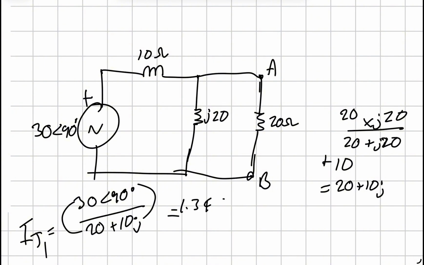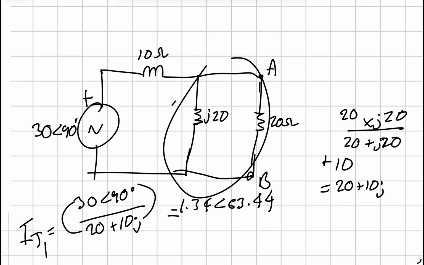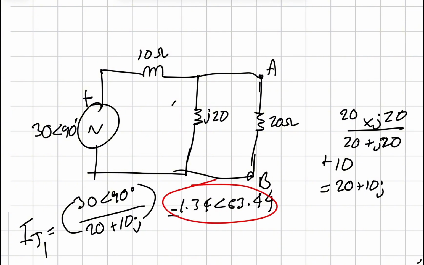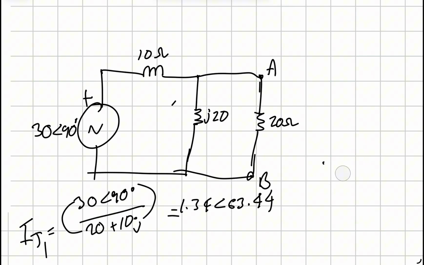1.34 63.44. Now also, that was just the total current in that. You need to do current divider rule again, because they are in parallel, right? They're in parallel. So that is just the total current. You've not figured it out properly. If I get rid of this, you're figuring out this resistor, right? So you do current divider rule again. Well, not again, but for this, you do,